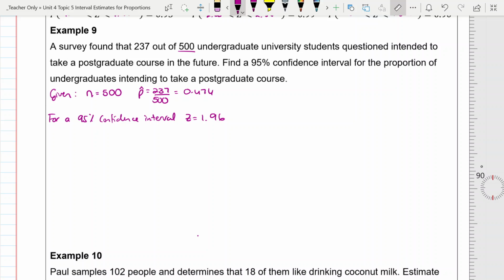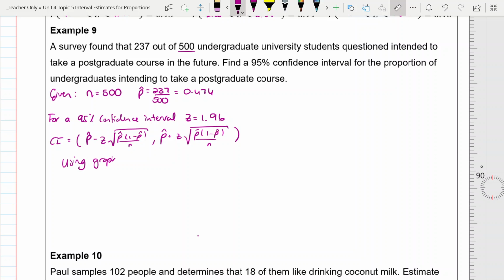Okay, now we're going to use our calculator to do this, but we are also going to need to communicate what our formula is. So we're going to be putting on there, confidence interval is equal to, and this is on your formula sheet, P hat minus Z times the square root of P hat times 1 minus P hat over N, comma, P hat plus Z times the square root of P hat times 1 minus P hat over N. And we're going to say,